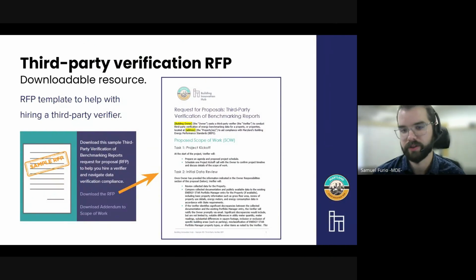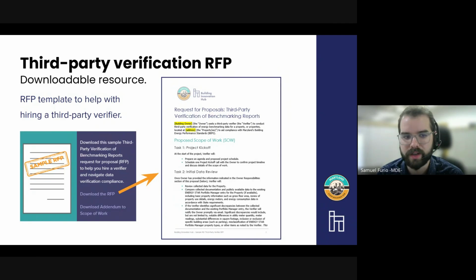And so, this is a big change for next year, and there are some resources out there now to assist building owners with seeking a verifier, with better understanding the process. The Maryland Clean Buildings Hub that I mentioned earlier within the Maryland Energy Administration worked with a partner nonprofit, the Institute for Market Transformation's Building Innovation Hub, to create a set of resources to help building owners make sense of this requirement.